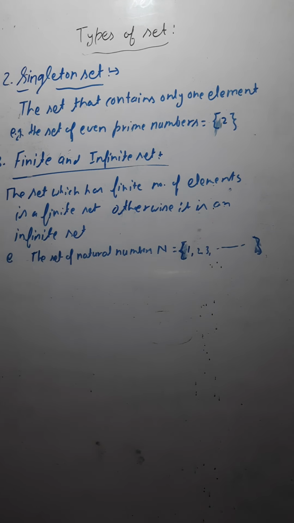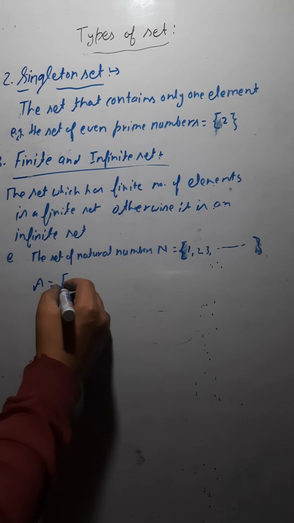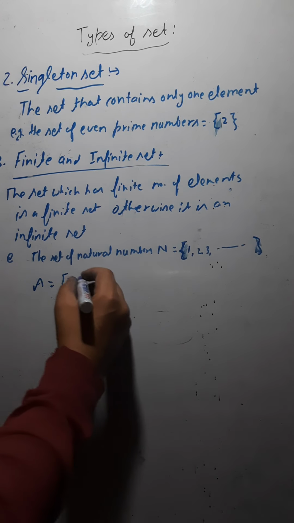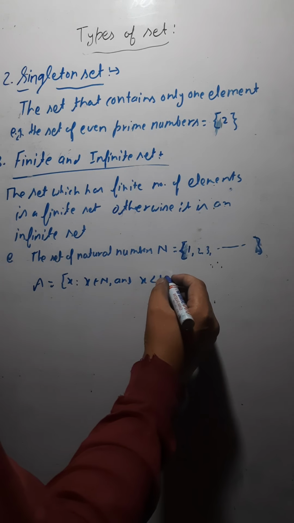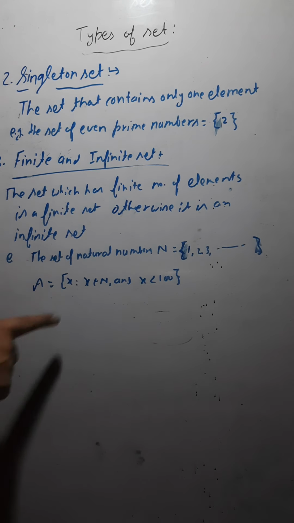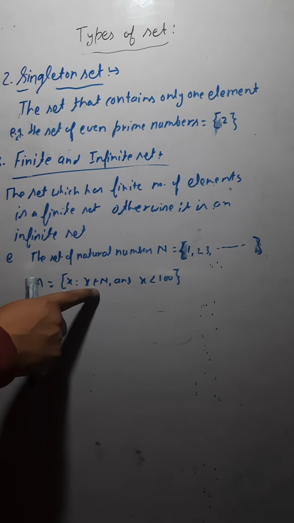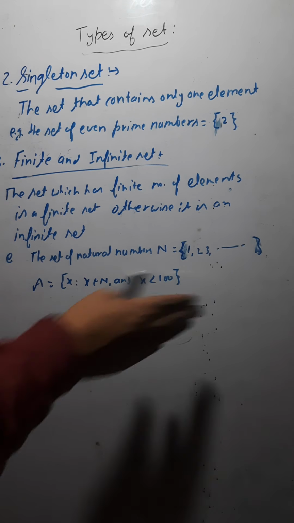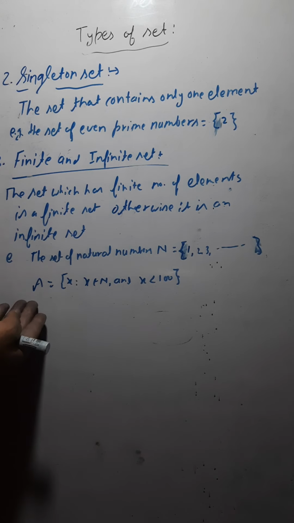Can you tell me an example of a finite set? Yes, let's say we have a set A which contains the element x such that x belongs to the set of natural numbers, and one more thing, x is less than 100. So now it has become a finite set, because you have a fixed number of elements. We have many natural numbers, but we have limited it: x is less than 100.